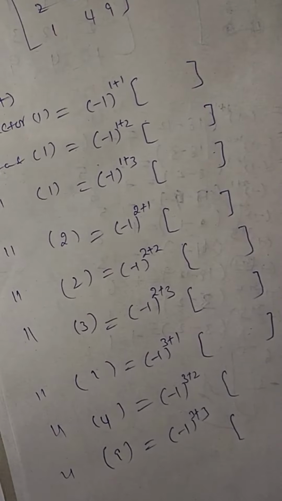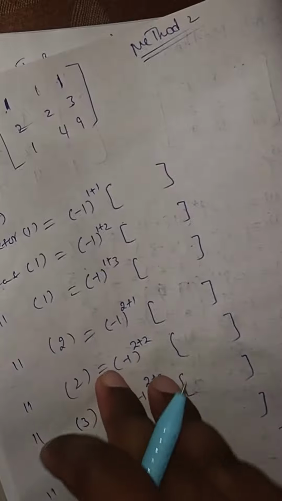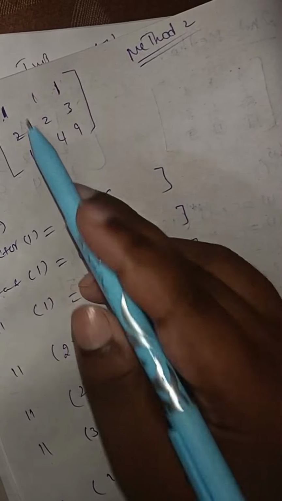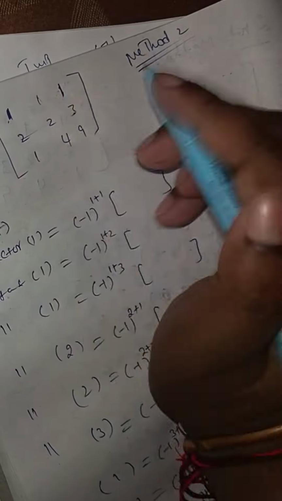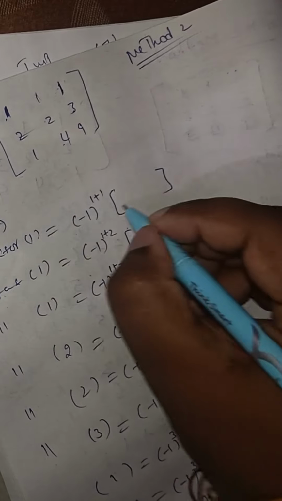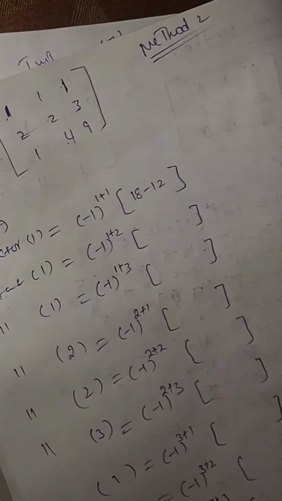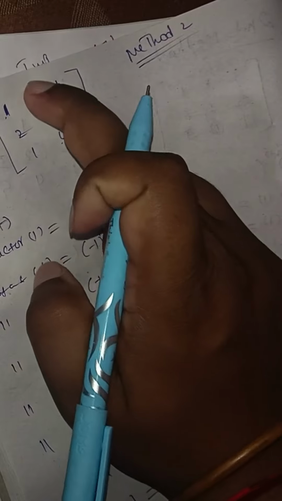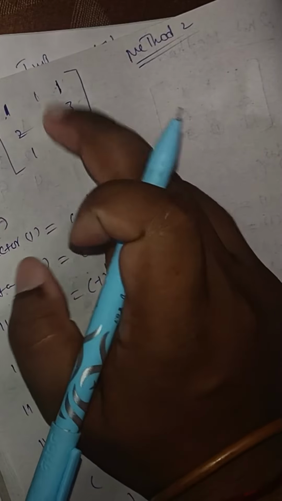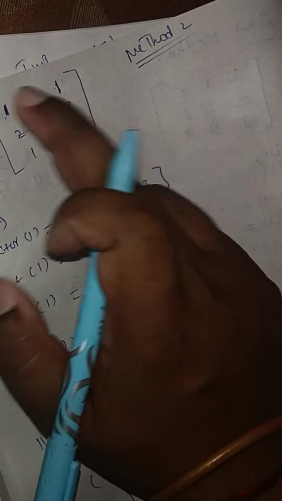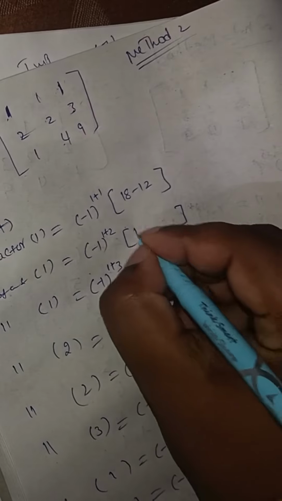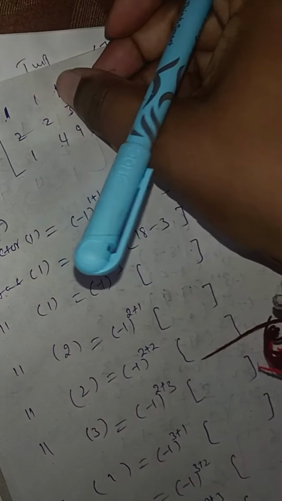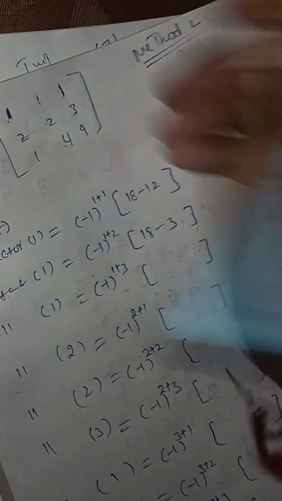So what are we going to fill here in these boxes? First element, so close first row and first column: 2 9s are 18 minus 4 3s are 12. Okay, next second row second element, so remove this: 2 9s are 18 minus 3. Next this: 2 4s are 8 minus 2.